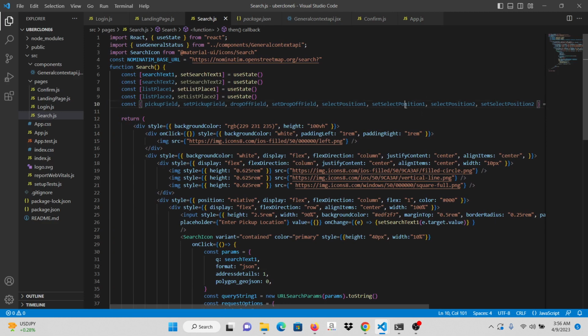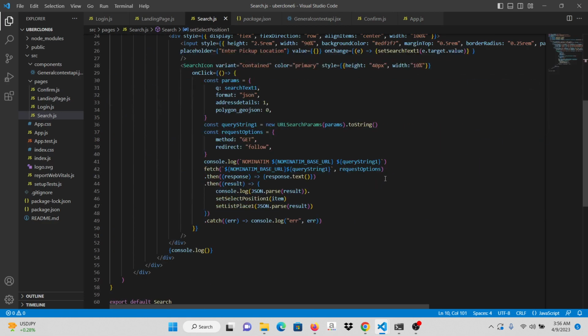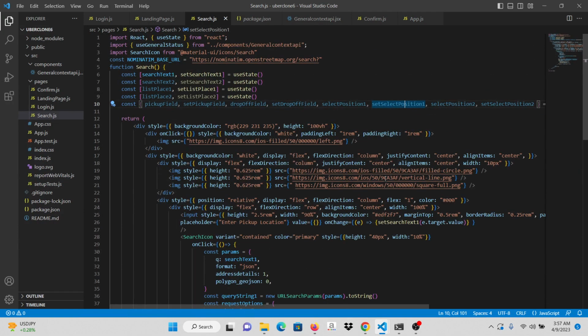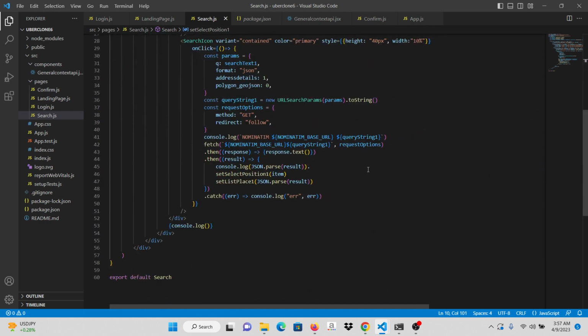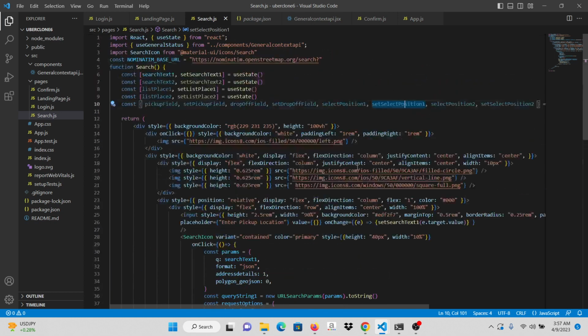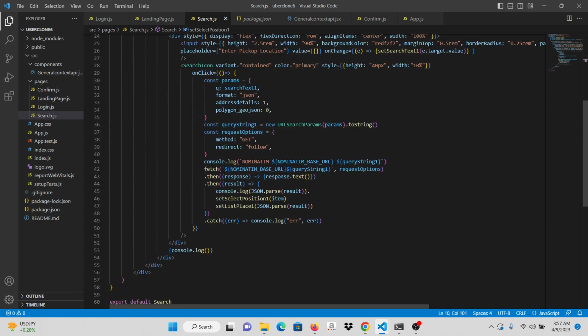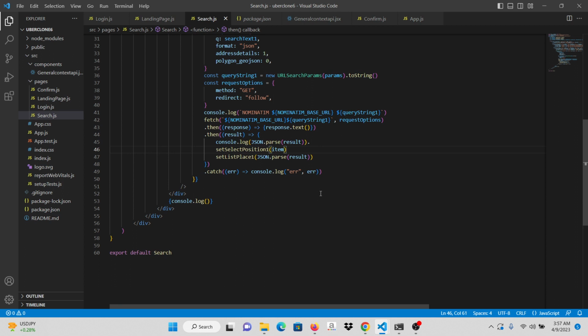So this function, I'm going to use it in different components, because as I said, I'll pass these variables inside another component. So instead of prop drilling, I'm just going to use the useContext API, which is a more standard approach. And just to double check on what I'm doing,